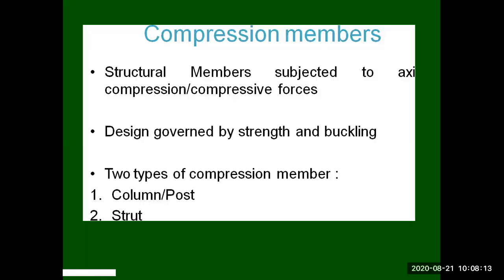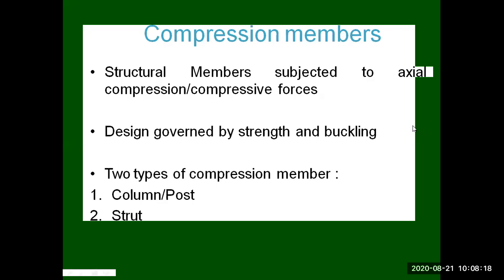What the compression member is, we will see in detail, and the column part is the next part after the compression member, which we will again see in detail. So initially we will see the compression member, and after the completion of this part, we will go to the column. So these two chapters have been combined by the University for your syllabus this time. So we will see what a compression member is first.